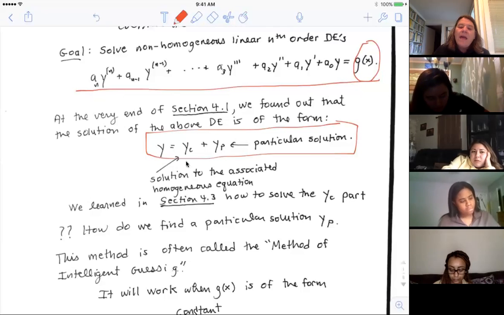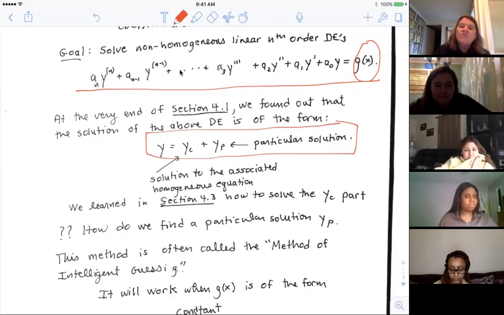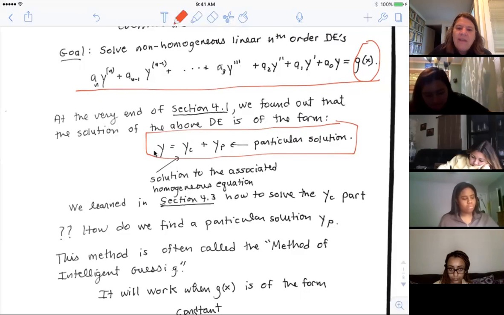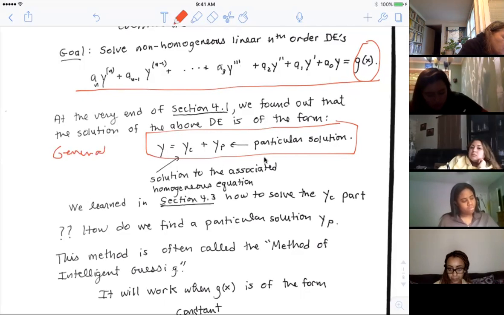Now, in general, what happens when you plug in something like this, remember that a yc, or any linear combination of solutions to that, will make this equal to 0. That's by definition, the definition of the associated homogeneous equation. And the yp is what, when it gets plugged in, makes you come out with the g of x. So when we do these problems, we're going to have to solve two pieces: the homogeneous piece and this non-homogeneous piece, and then put them together in the end. So that's what a general solution is going to look like for the ones that we're doing right now.